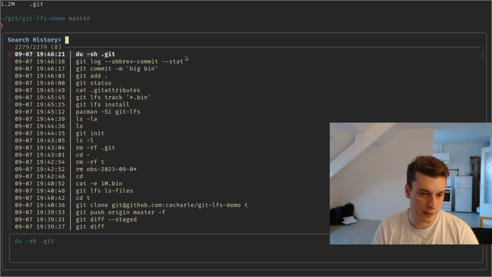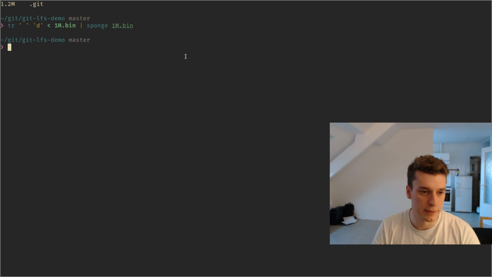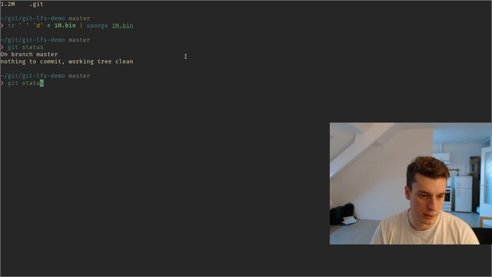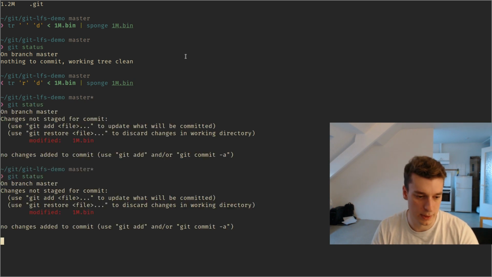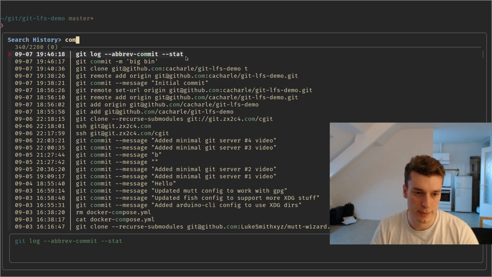But if I modify it, how did I modify it? I did a tr last time, yes. If I modify the file, alright, there was no space in it. Let's say modify R, is there an R in it? Yes, there was an R in it. So I modified the binary file. And now if I commit,